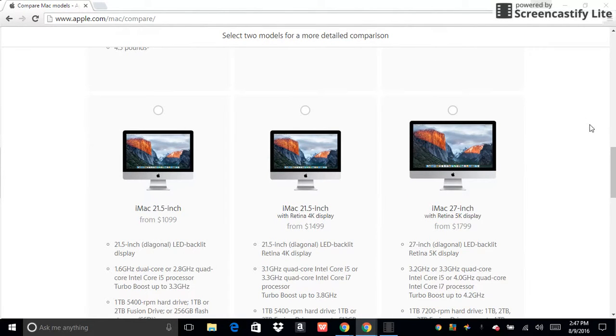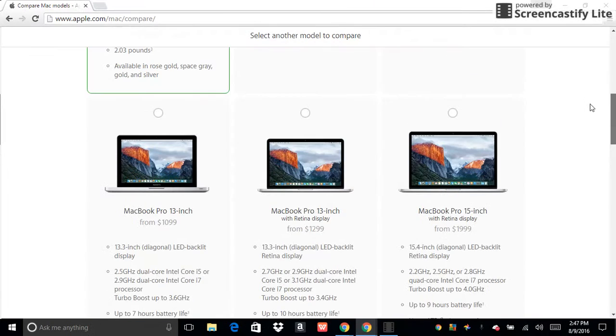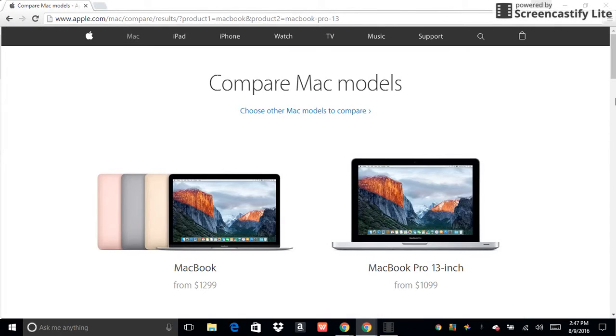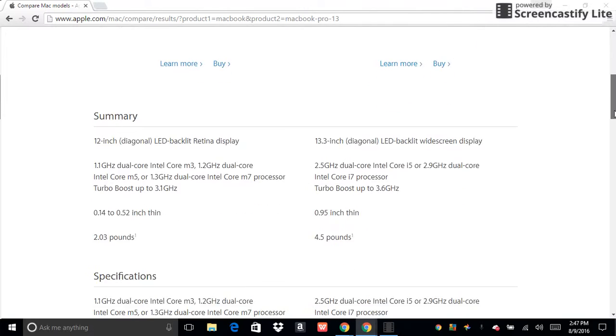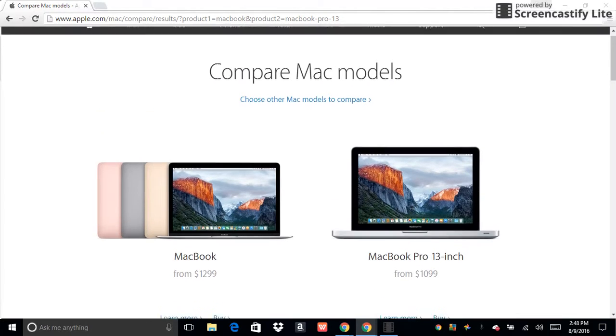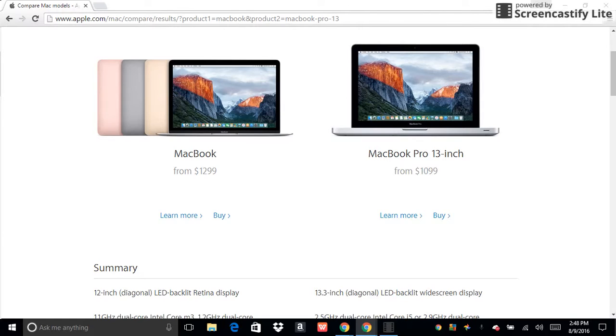So, the MacBook. I'm actually going to go ahead and compare this to the MacBook Pro. In this case, the MacBook is the newest one out there and is made for cutting edge technology. Although they want this to be the newest, the newest series is actually just a revived series. It will not always be the newest,